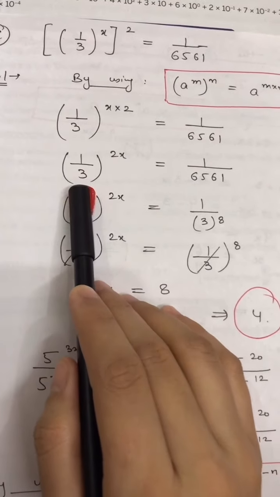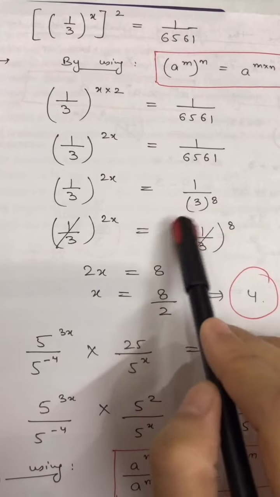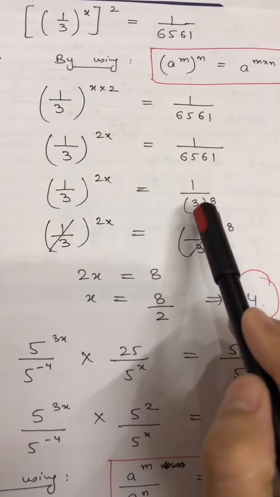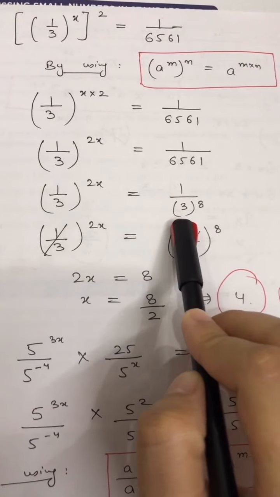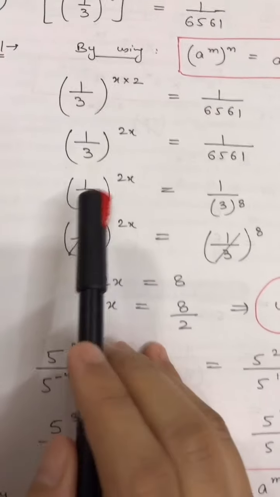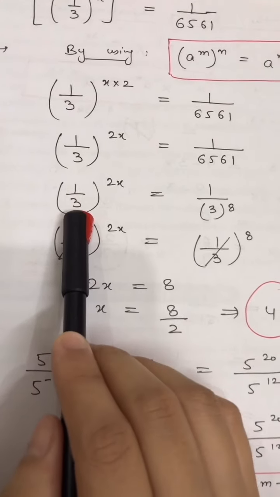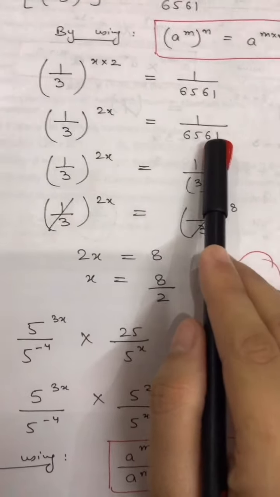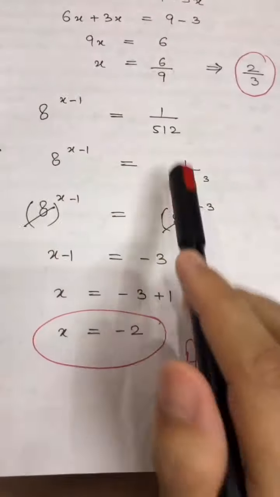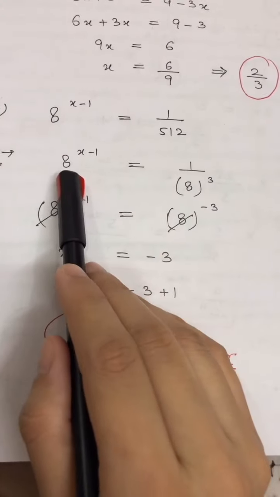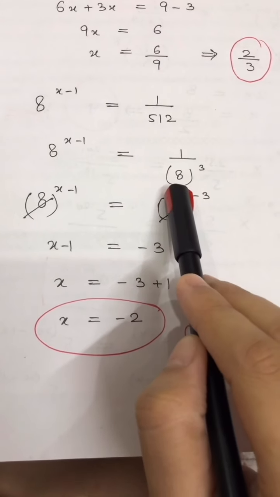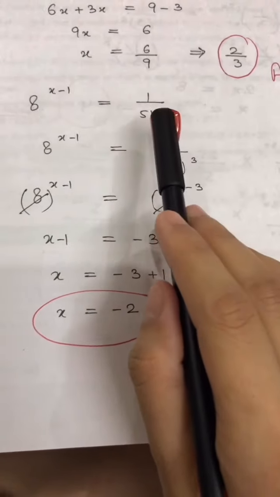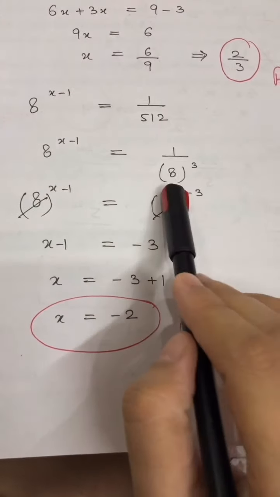If here 3 is there, then the value will come in raised to power, and that value will be 3. Okay, you have to check the left hand side. What is here? If here 3 is there, then this value must be a multiplication of 3. In the previous question it was 512 and here 8 was there, so this means it is a multiplication of 8. This value will be a multiplication of 8.